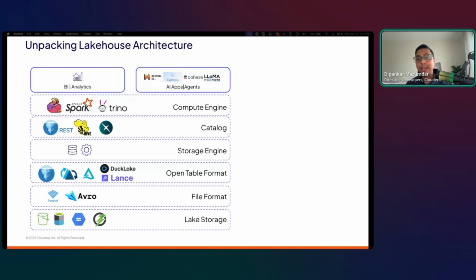In fact, their nature is more modular, right? Which means your data sits in this open file and table format foundation, so the data remains open, and you have the flexibility as a customer to bring in your set of compute, your catalog tool, your storage engine, or whatever it is, right? So that's the flexibility you get with the lakehouse architecture. And this is the reason why openness becomes so critical in this lakehouse architecture, right?